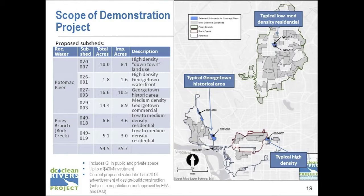Our goal is, there have been other design challenges out there. Our goal is to do two things. One is the design challenge and come up with innovative concepts, but also be able to build it too. And so that's why there are two parts to it, and that's why we call it the Green Infrastructure Challenge. So I'd like to